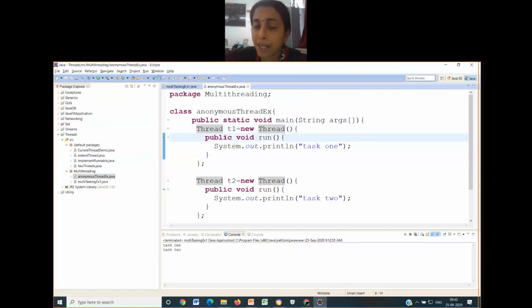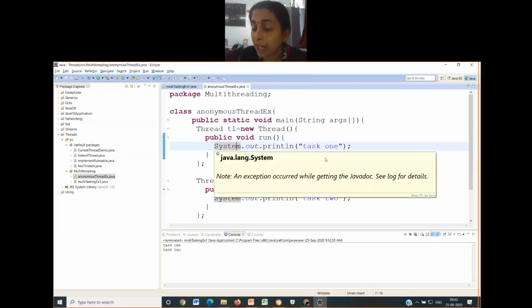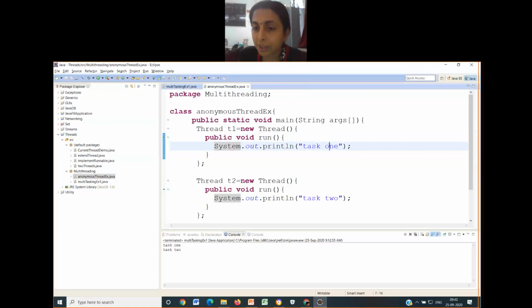Inside that, I am writing its own run method. Similar to task 1, whatever I had written, the same thing is written here. Of course, in tomorrow's class, this will be enhanced with more functionality. I have taken simple examples for the simplicity of explanation.